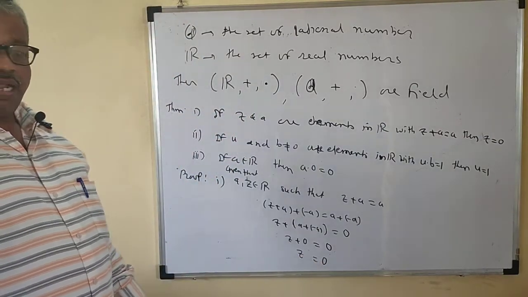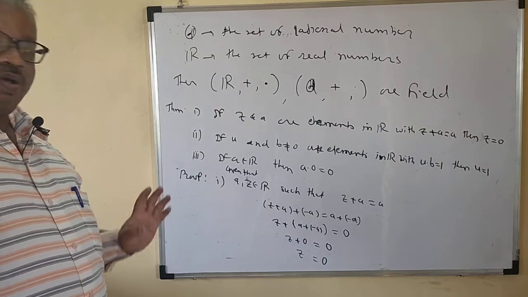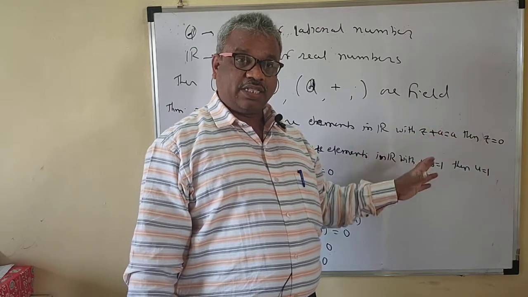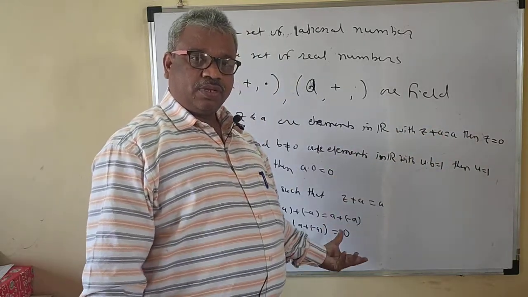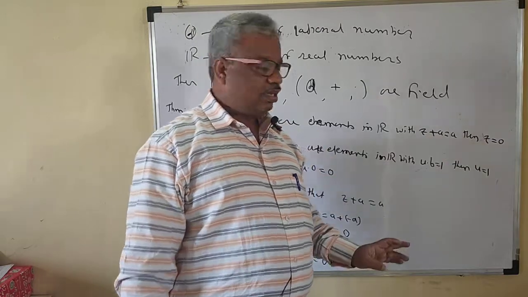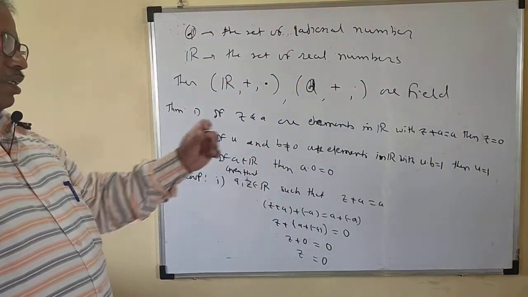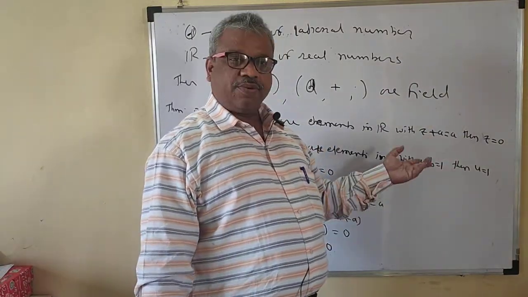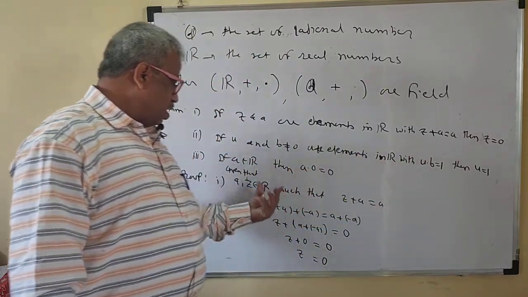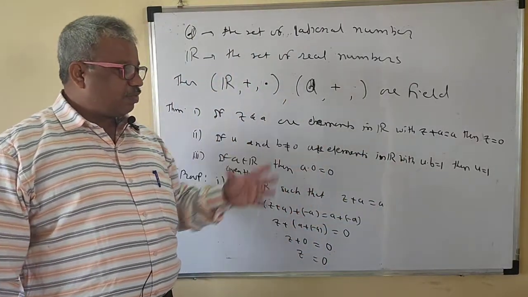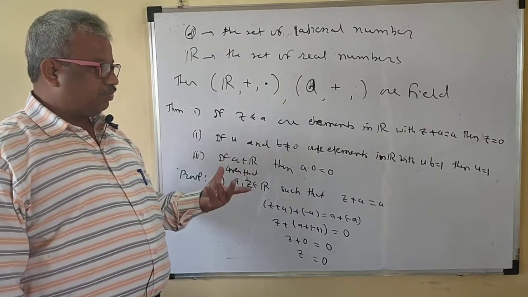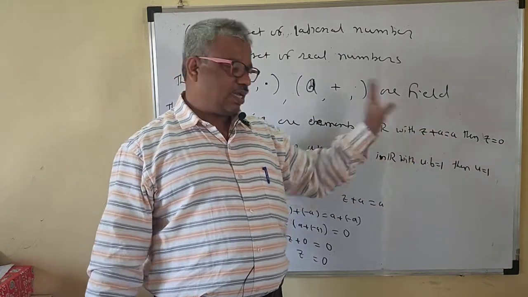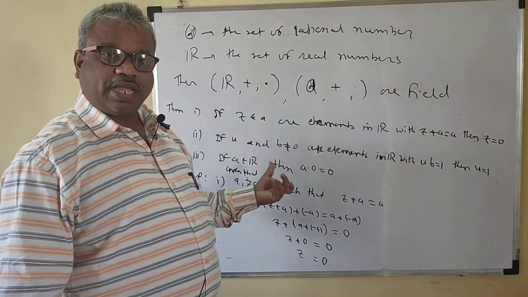So we have proved this with the help of the 11 axioms. Don't just shift a to the other side; a minus a getting cancelled is what we did with the help of these axioms. Directly you cannot shift a to that side. This is the theoretical proof of that: if z plus a is equal to a, we apply this, and then z plus a is equal to 0. If they have the same sign, then it gets cancelled because of these 11 axioms.